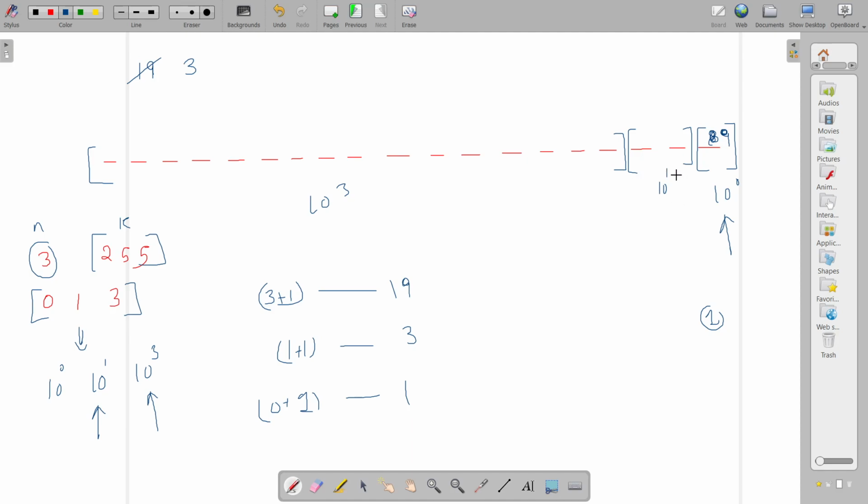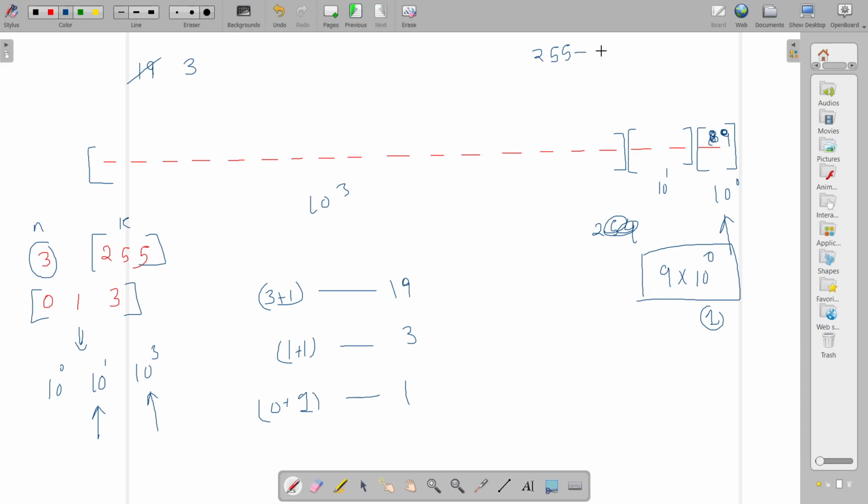Then I go to 10 to the power 1. How many digits do I have here? I have 2 digits here. And so k is now 254, basically, because I have, sorry, not 254. K was initially 255. I put 9 here. That means in order to get this 9, I would have to use 9 10 to the power 0